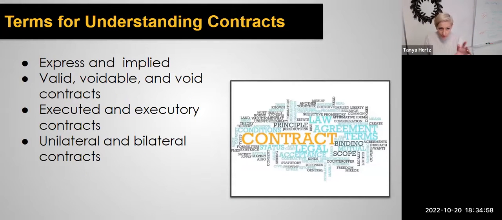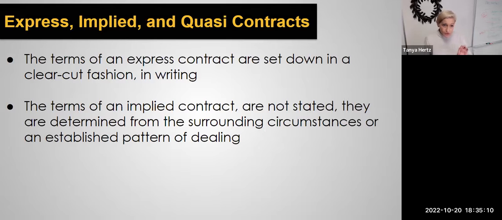We'll go over those terms shortly: express and implied, valid, void, and voidable, executed and executory, unilateral and bilateral. So starting with express and implied, there's also a term called quasi, which we're not going to go into, but an express